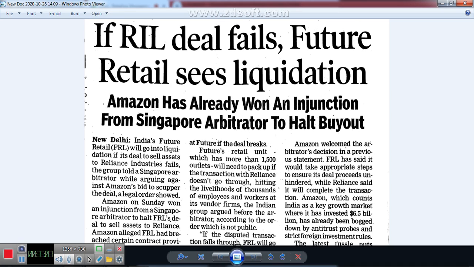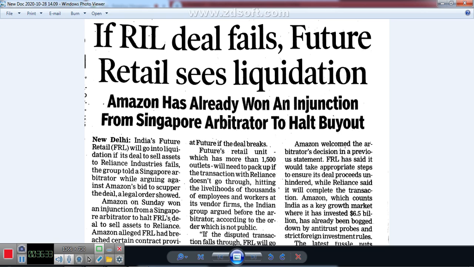Now the company, Future Group or Future Retail, is presenting its point on a humanitarian basis, that the company will go into liquidation and approximately 29,000 employees will go jobless. Amazon on Sunday won an injunction from a Singapore arbitrator to halt the Future Retail Limited deal to sell assets